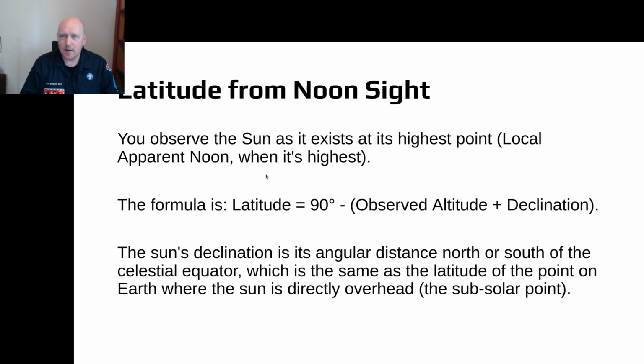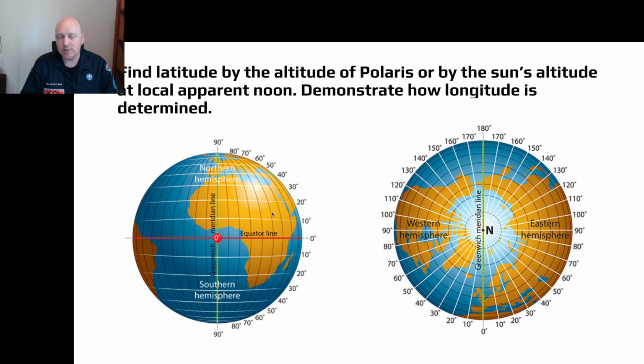And let's talk about local apparent noon, because local apparent noon is a pretty cool thing as well. And going back to this picture, if you think about it, wherever you are in the world, if you watch the sun, when it rises, the first thing in the morning, it'll be right on the horizon, obviously, and when it sets, it'll be right on the horizon. However, depending on where you are, it may never quite get directly overhead, depending on the seasons and everything, and